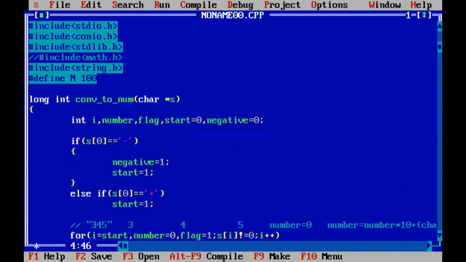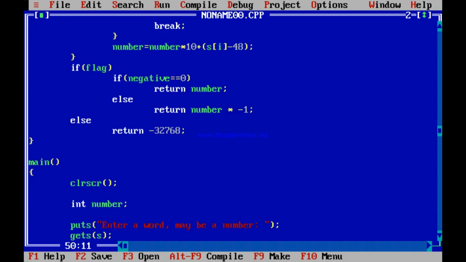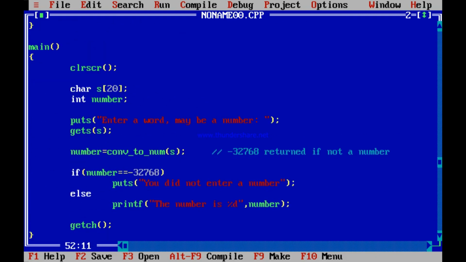One thing to tell you, very simple. We had decided upon returning long int from this function. Why long int? Because the string that may be entered by the user over here may be a long string, maybe 3, 7, 6, 8, 9, 4, 2, a big number.